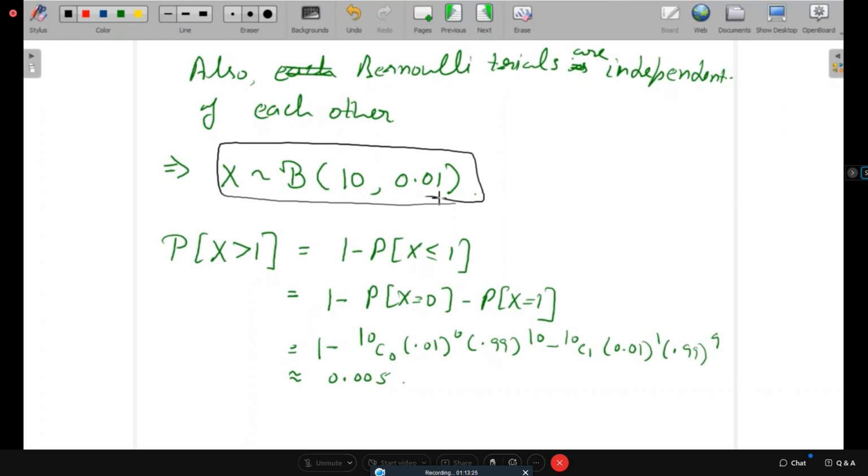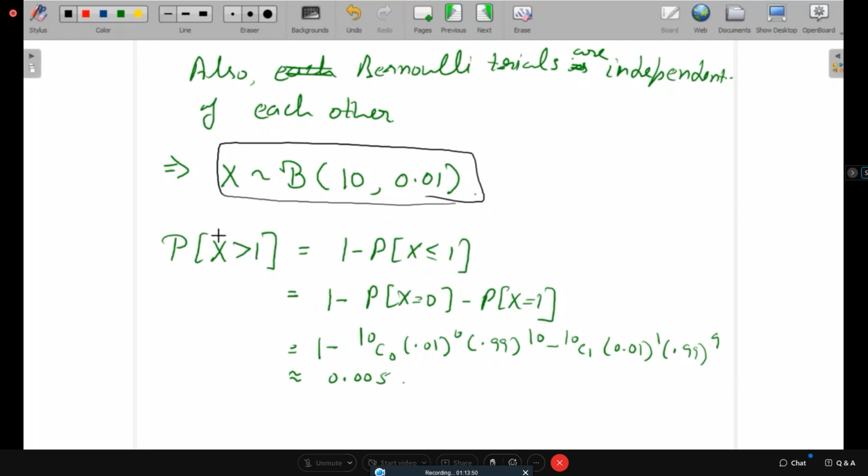And it offers a money back guarantee that at most one disk of 10 is defective. So you need the probability of x greater than 1, which means the package is returned. You need to find out the package returning probability. It will return only when more than one disk in the package is